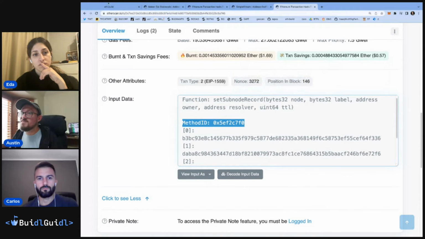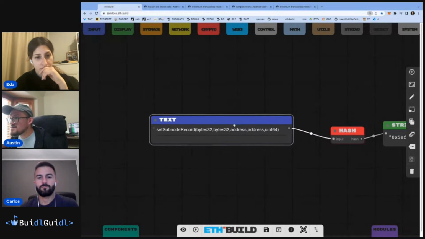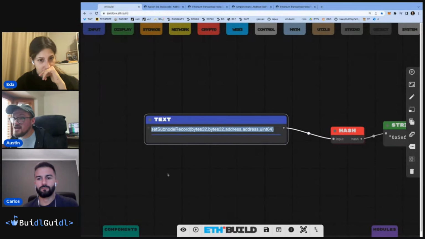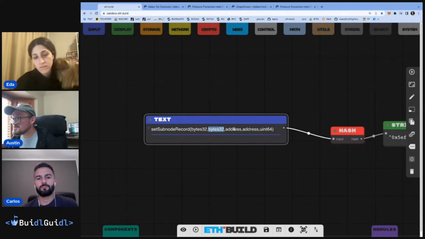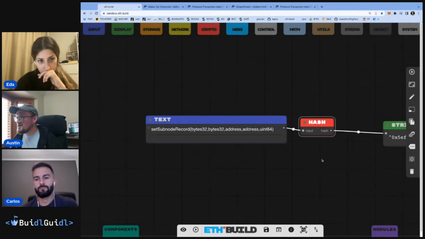Well, I have this ETH build set up here that shows it. Let me zoom way in on it. But if I take that same text and lay it out into a string, and I say set subnode record, that's the function I want to call. And we have a bytes32, then address, and then a uint64. Those are the argument types, right? So I have the name of the function and then the argument types in parentheses. Now, if I hash all of that,